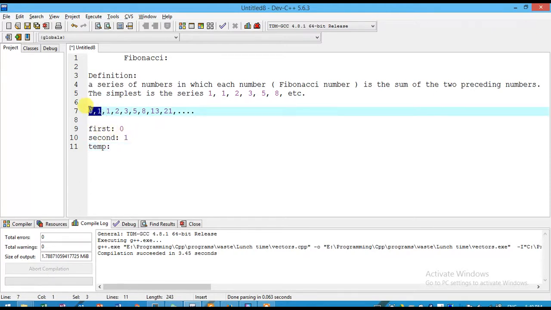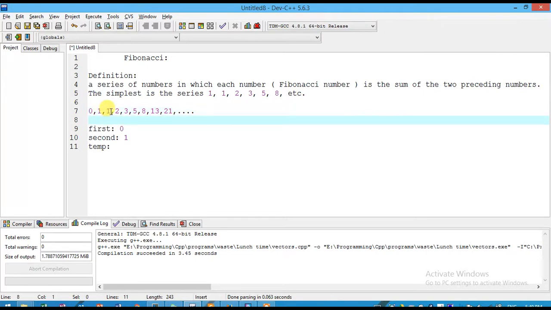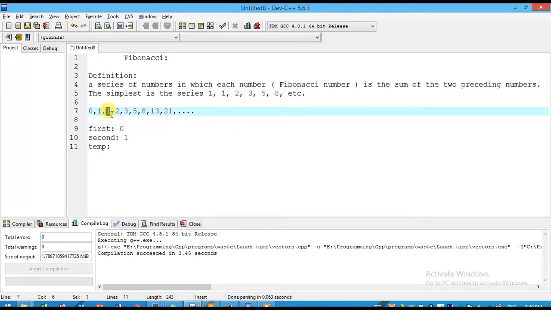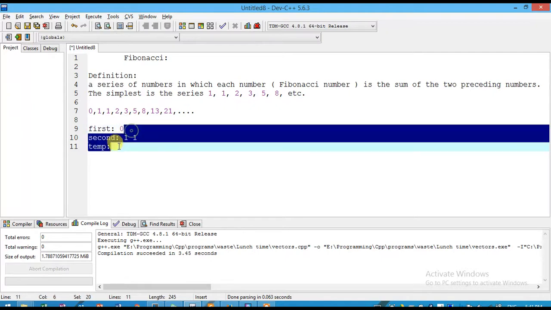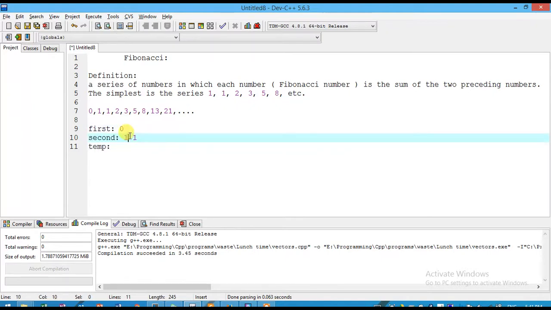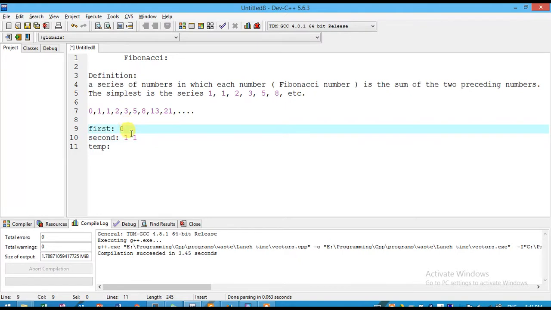The second one will go to 1, right? That means for the third one we have to add the first number and second number. If we add it here, then we will lose this number, because this one should go to 1 here.